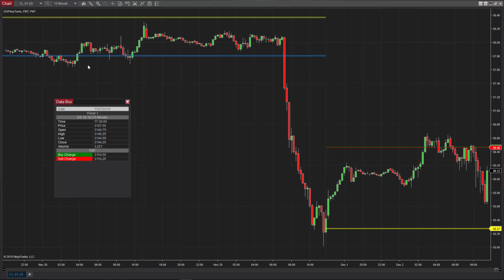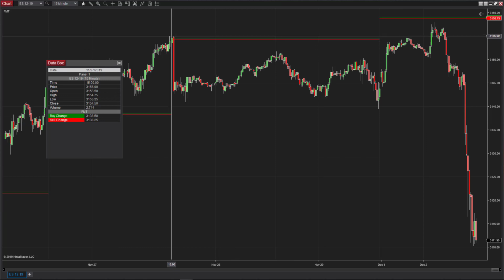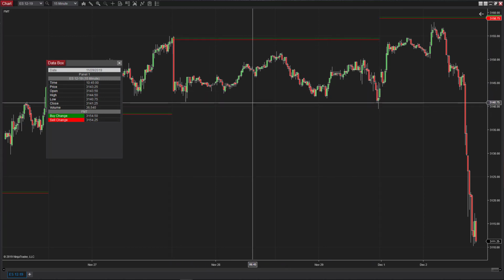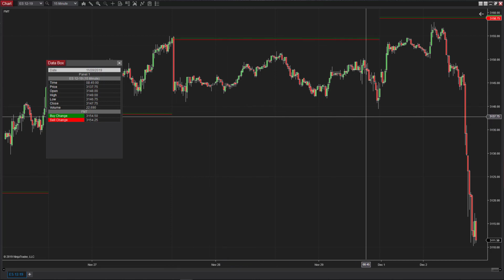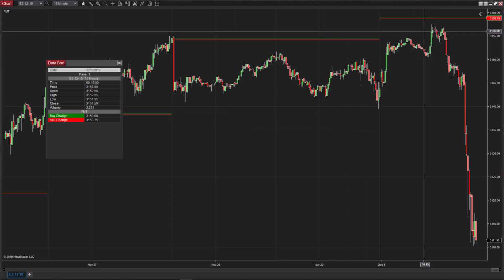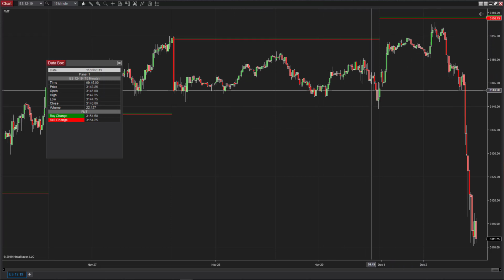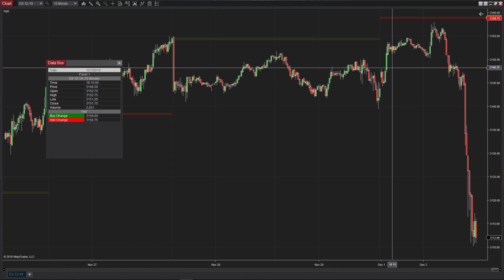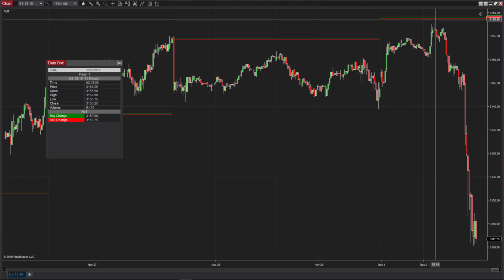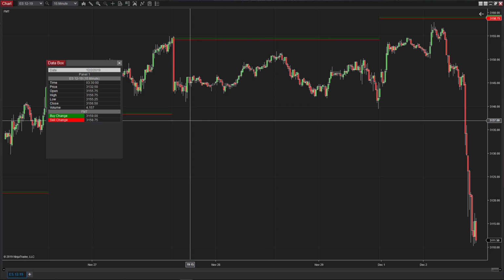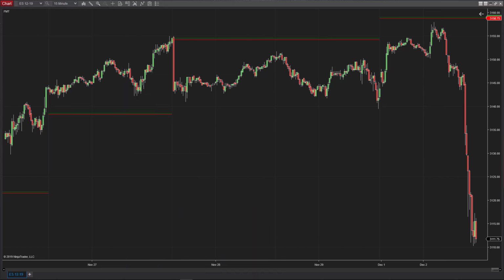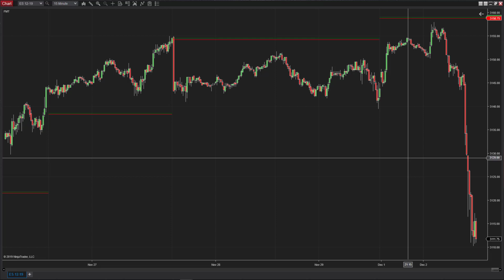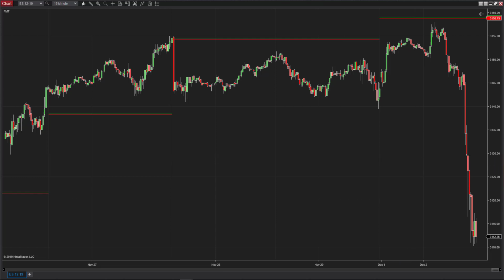If we open up our data box, we can see that on the 27th we pegged it and dropped from it. Then we had those short holiday trading sessions, the 7th, 8th, and 9th, etc. Here we are on Monday the 2nd, and since we didn't have follow through to continue down, it's logical that the market is going to want to test this price. We got a couple ticks away from it, and then we just tanked from there. So you can get more of a glimpse as to why this one tool governs nearly all of my trading. Then if we pull up something like the box, for example,